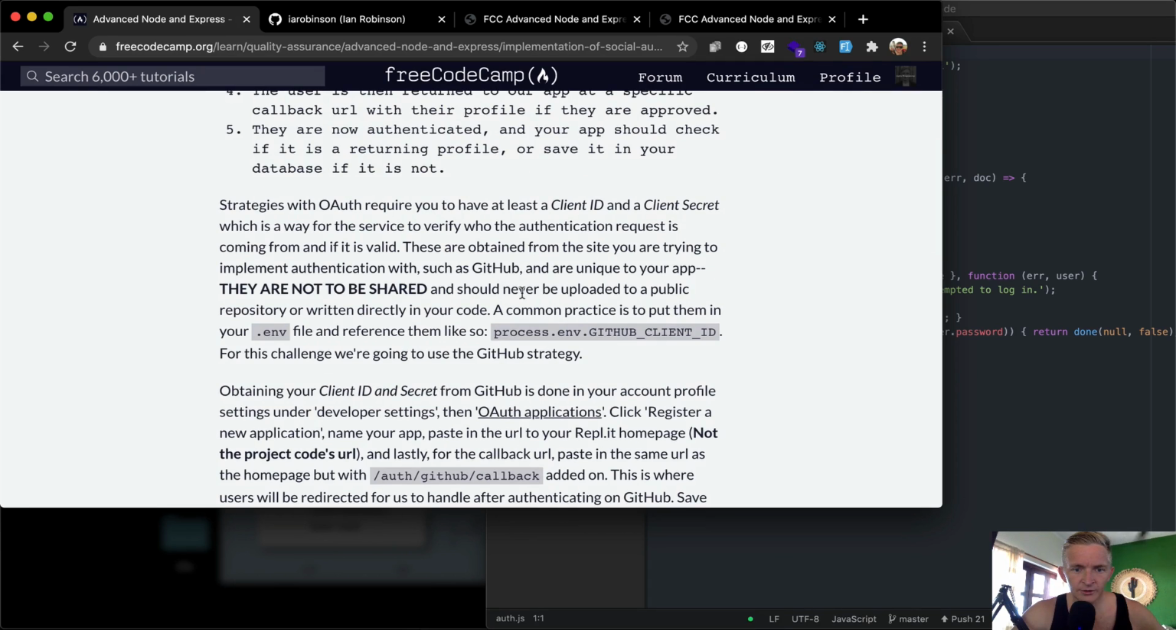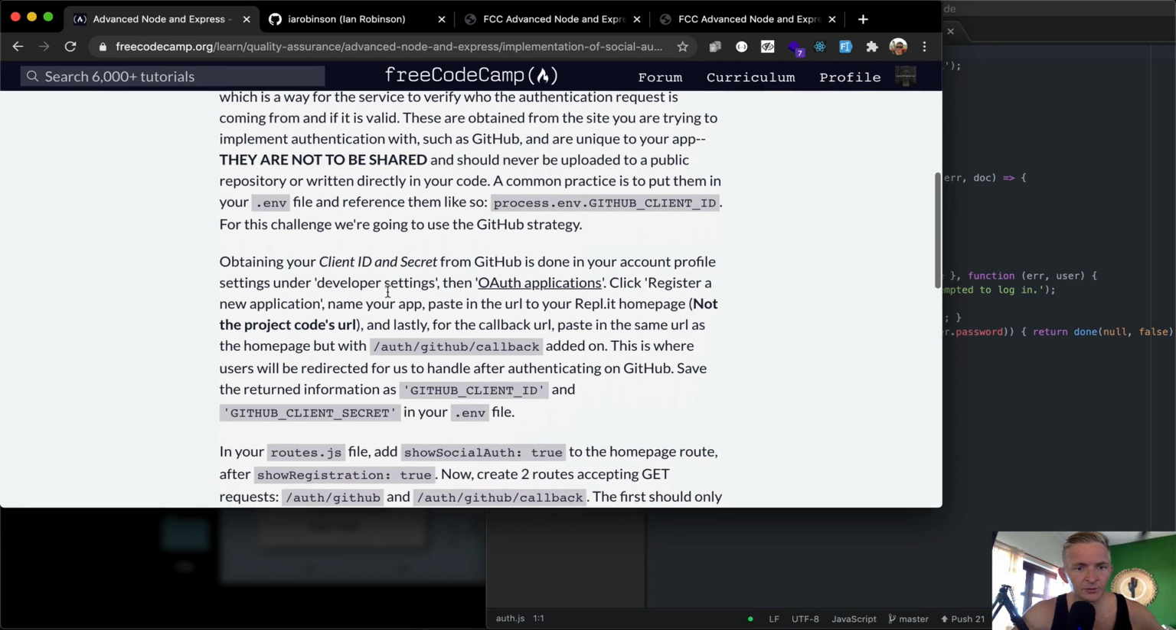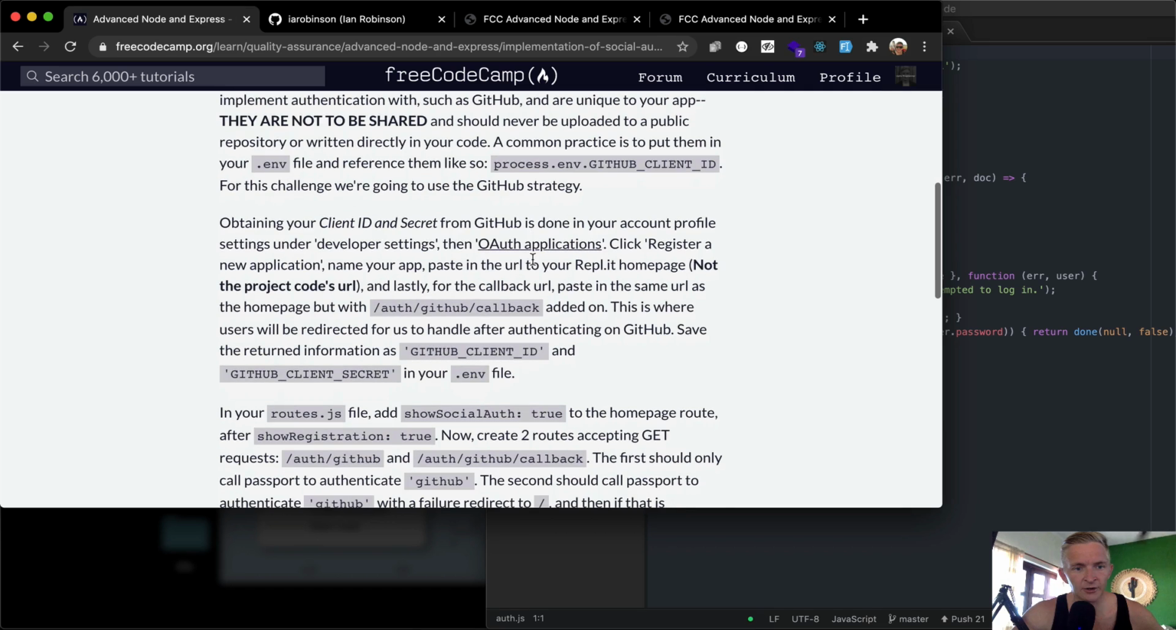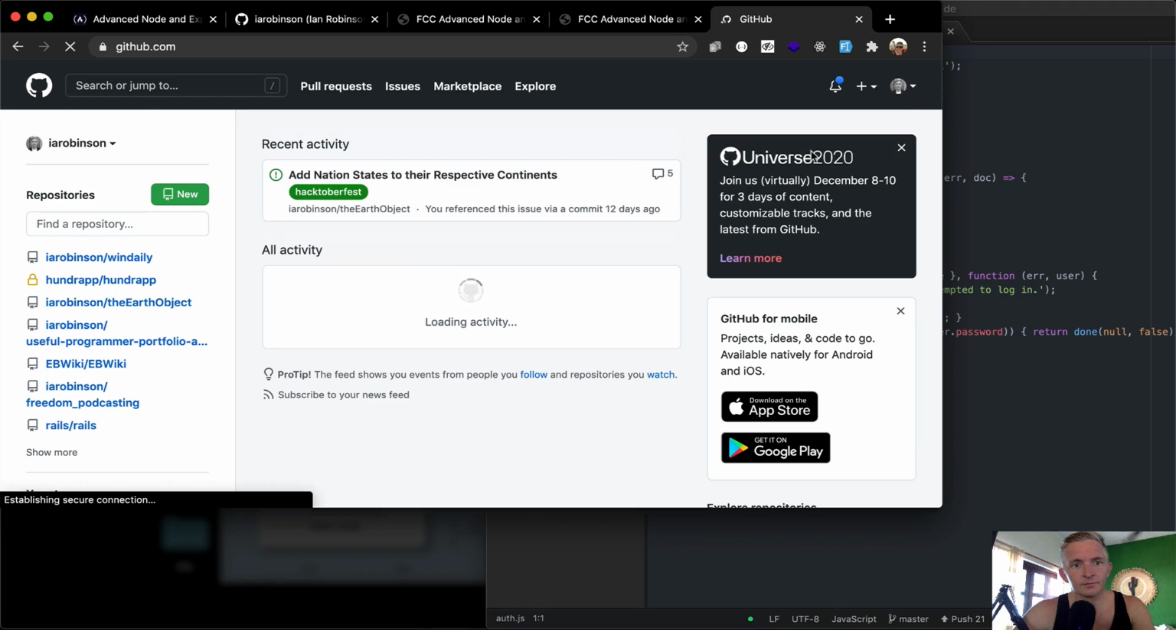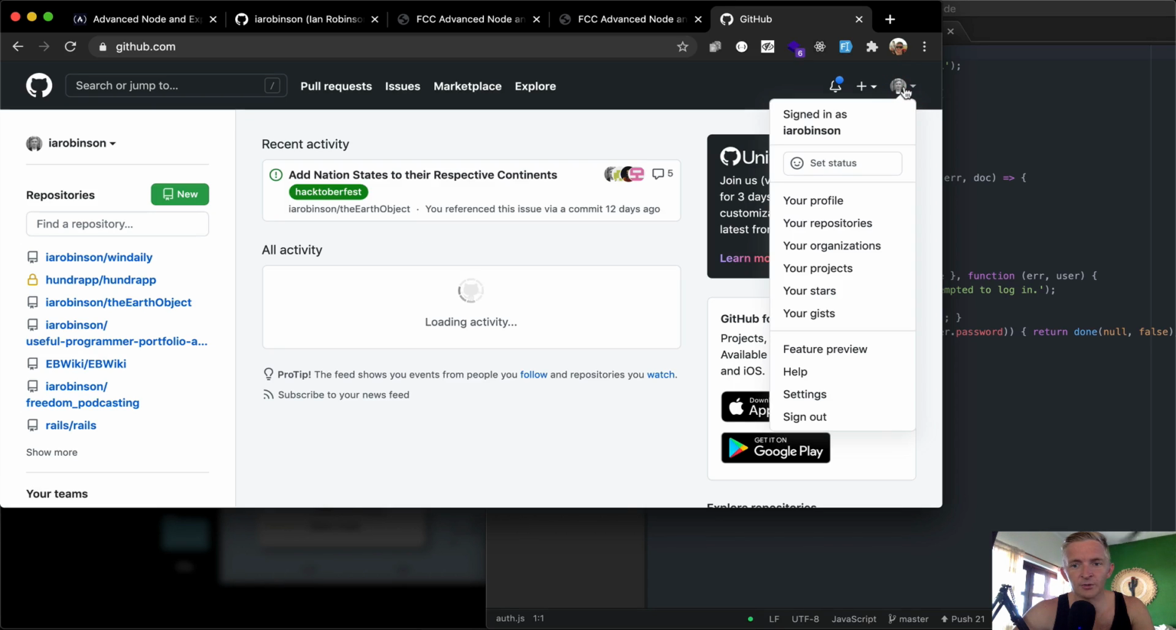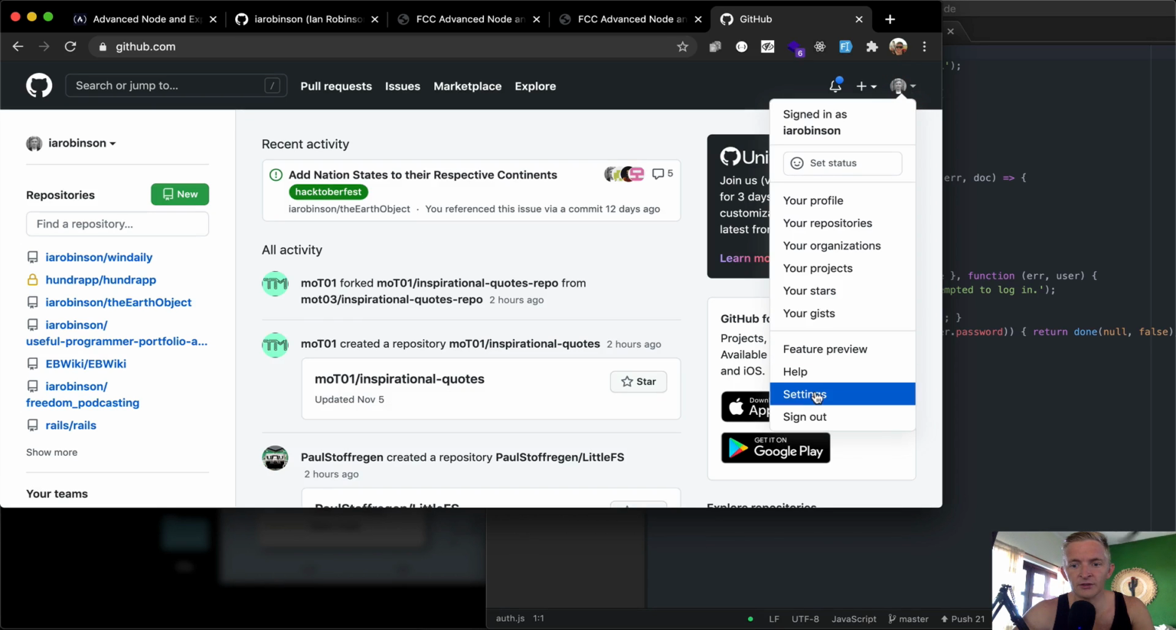These are found by doing this. It should never be a common practice. Obtaining your client ID with GitHub is done on your account profile. So I'm going to go under developer settings. Well, I guess we can just go to GitHub. And I'm guessing account profile will be here, settings,